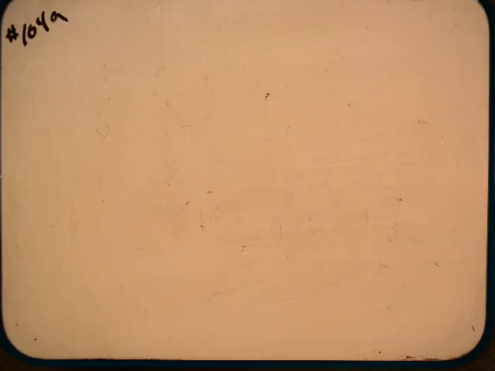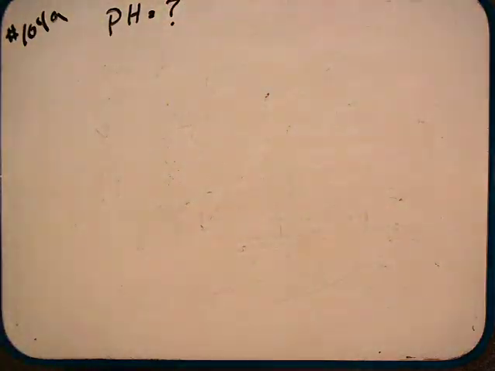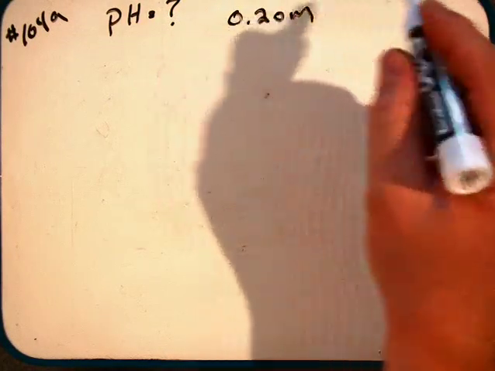This is number 104 in chapter 15. 104 is basically talking about trying to determine the pH of a solution, but this solution involves a conjugate acid or conjugate base. And so I'm just going to do part A from 104, which consists of a 0.20 molar